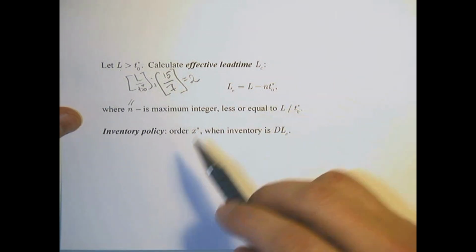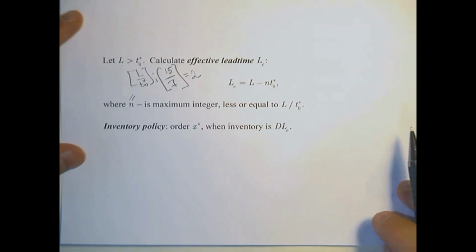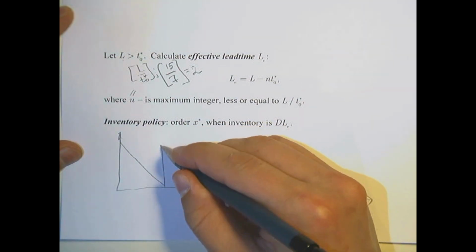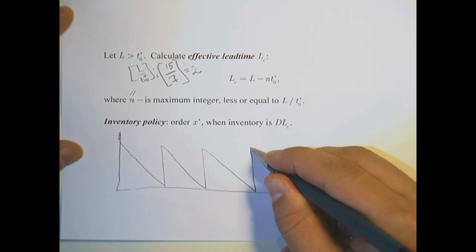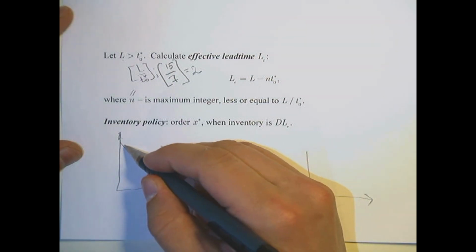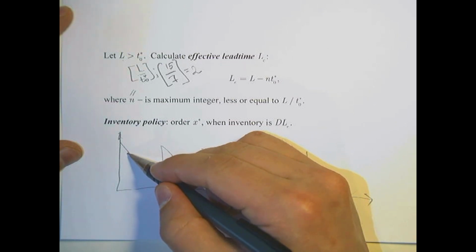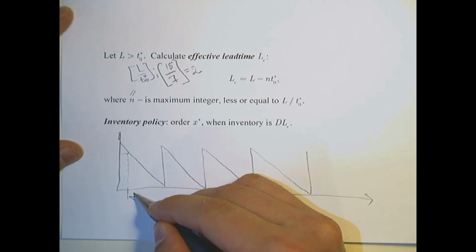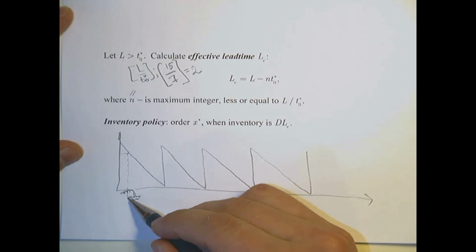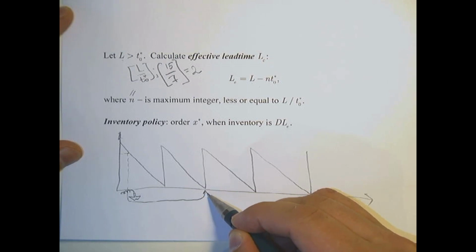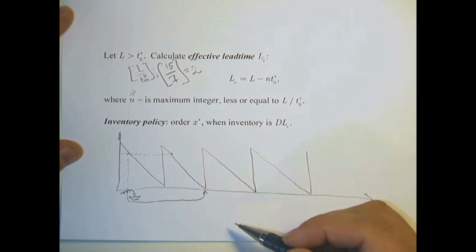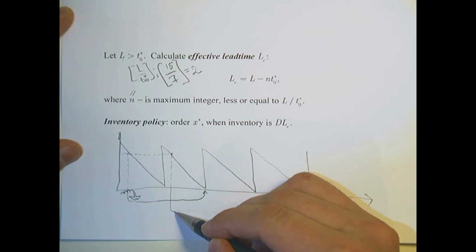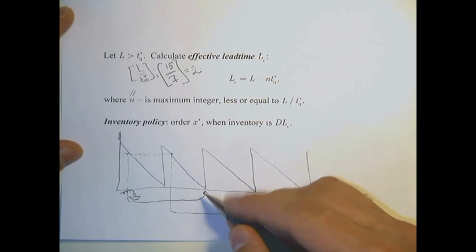And in this case, the optimal policy could be the following. Let's consider an example. Once again, we consider the graph, and this is the same graph for inventory dynamics as we discussed before. Assume that here when our stock approaches a certain amount, we make a new order, and from our supplier a ship starts moving, and it approaches our warehouse at this moment of time. The next time our stock approaches a certain amount, we make a new order, and here the next ship starts moving and approaches our warehouse at this moment of time,